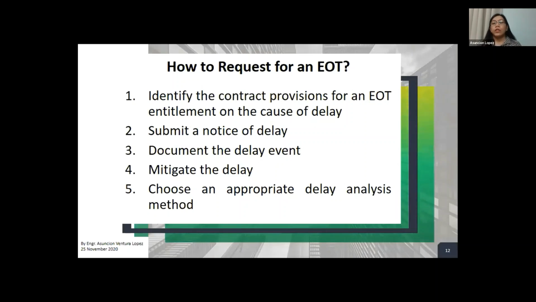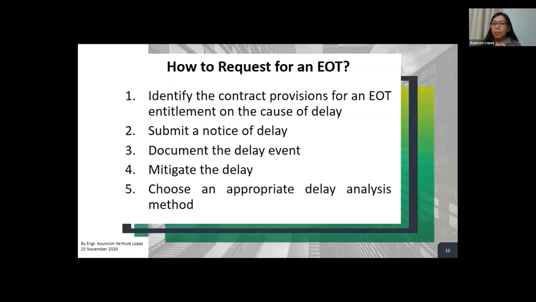Now, how do you request an extension of time? Number one is to identify the contract provisions for an EOT entitlement for the cause of delay. So you have to remember this. In order to ensure that an extension of time claim will be accepted and approved by the client or the client's representative, there is a process that the contractor must follow.